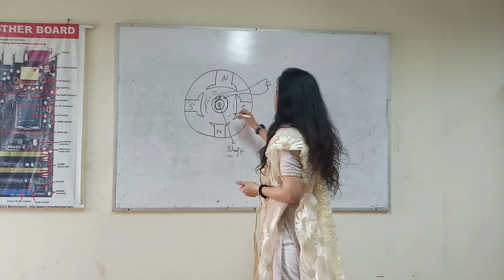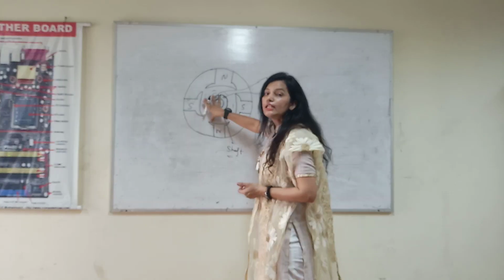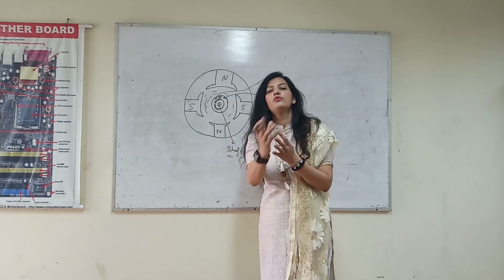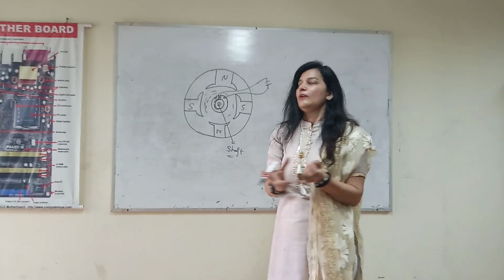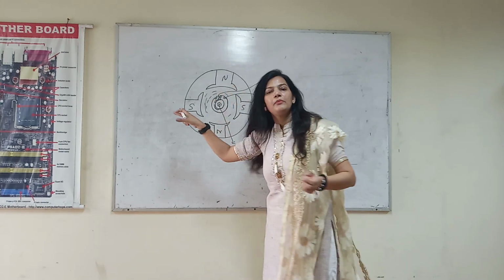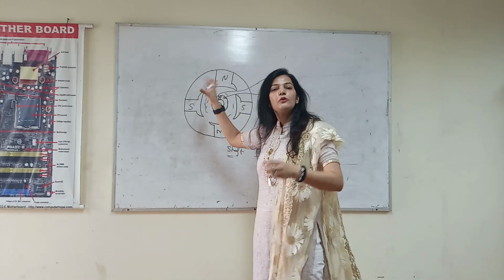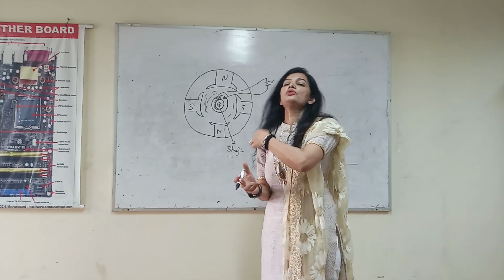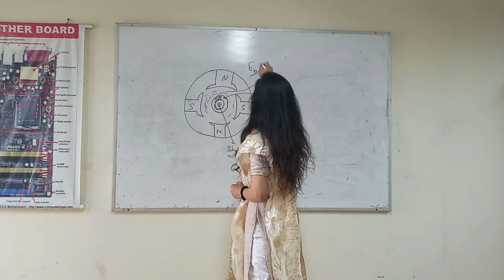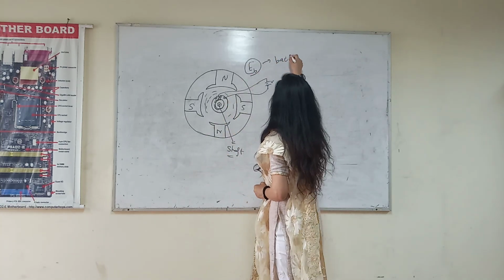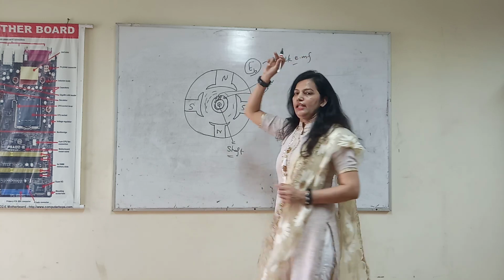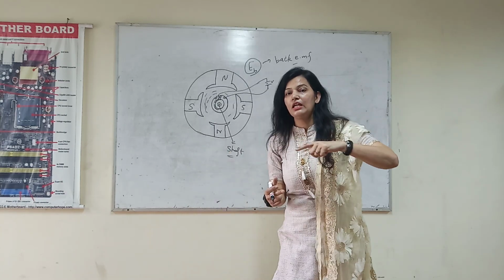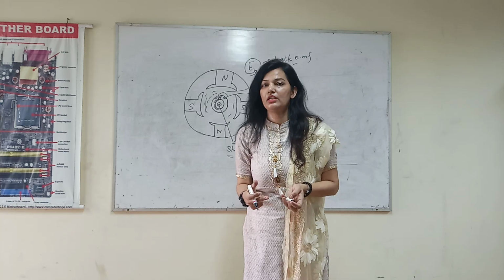So this EMF is generated inside the armature, an induced voltage. Back EMF is also a voltage which is induced inside the machine. We are providing a voltage source to the armature winding, and what is produced inside is also a voltage, but we call it induced EMF. We denote it by EB, which is back EMF. I told you in our previous lecture that this EB will always be in the opposite direction to that of the applied voltage. How is it so? Let me explain.